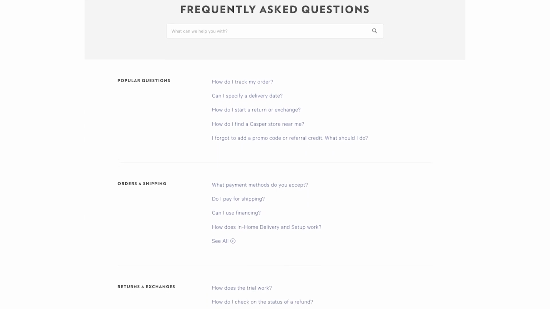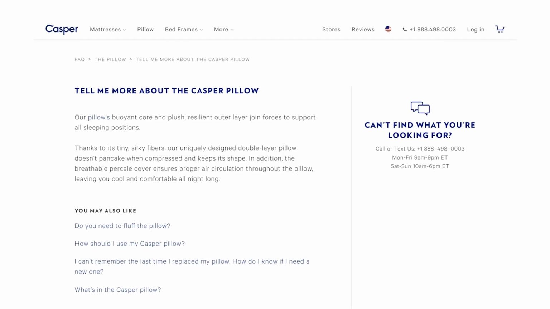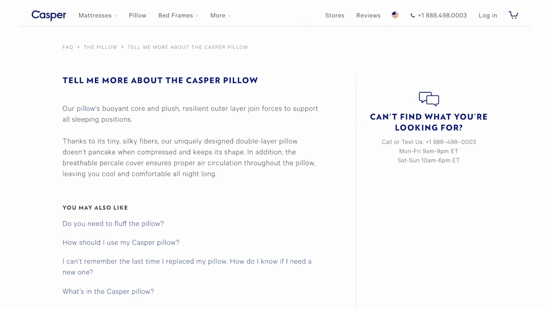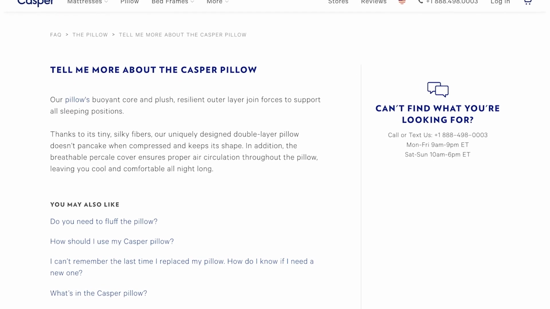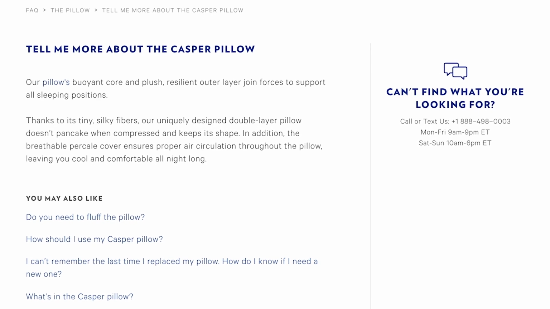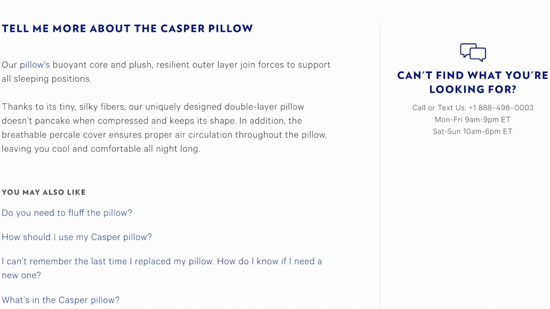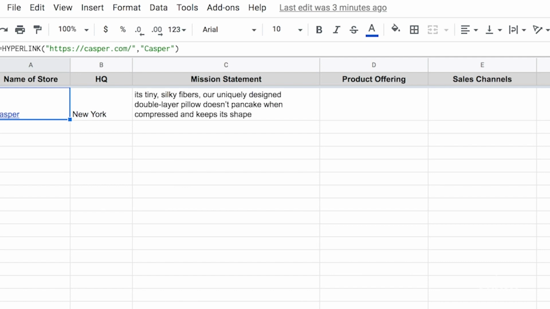So on their FAQ page, they have a link that says, tell me more about the Casper pillow. Perfect, I'd love to know more. And then it walks through exactly what their pillow is, and it looks like ultimately what their mission statement is here is that their pillow has tiny silky fibers and a uniquely designed double layer pillow that won't pancake when compressed, so it keeps its shape. That is ultimately what they are trying to sell customers on. So I'm going to copy that, drop this into my template,